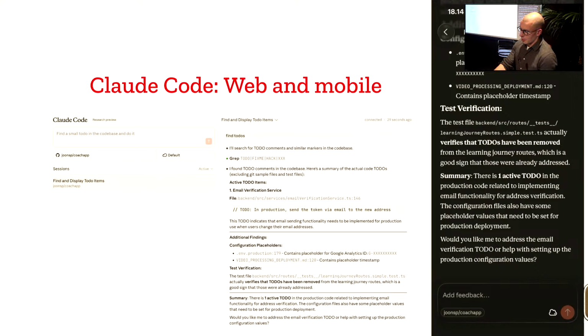There are web and mobile versions of this. I haven't used them that much. They are pretty new, released a few weeks ago or something, but you can forget the CLI and work on your phone if you really want to. But they happen, of course, in the cloud.